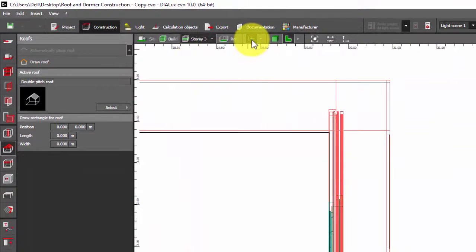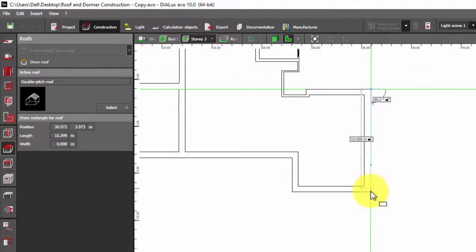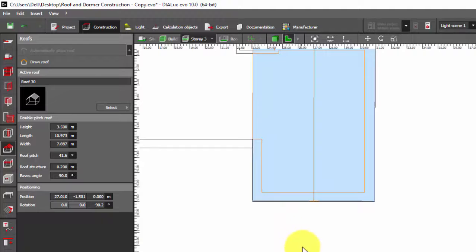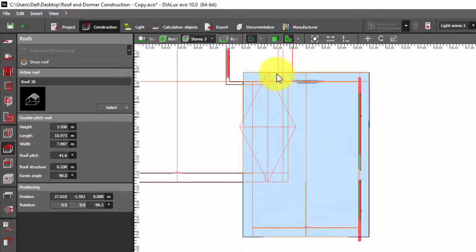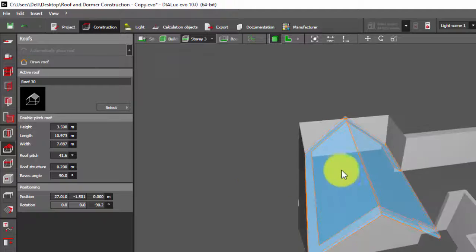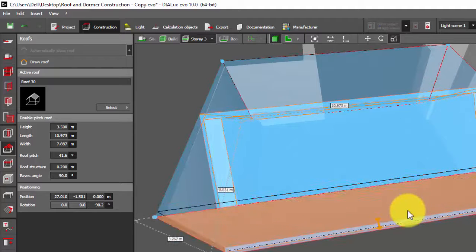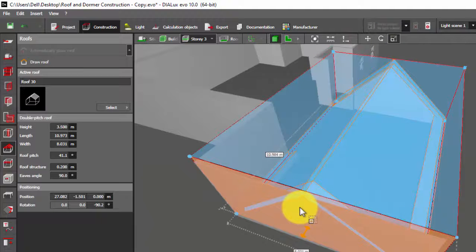If you want to switch off the AutoCAD file, you can go and click this. Then start from one point, extend, and take it till the back. Now you can see it seems to be proper. Let's check. Yeah, it is correct. We have placed it. Let's go and check in the 3D rendering. Two of our walls are not cut with the roof. For that, what we can do, we can slightly extend it, because I don't want the walls.